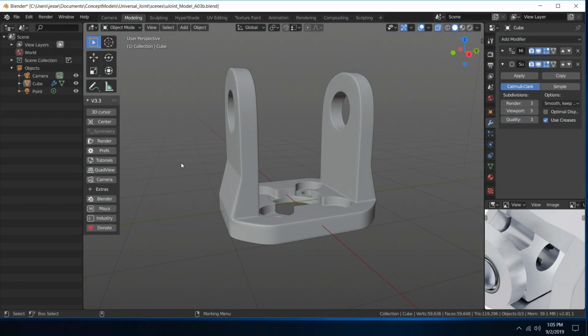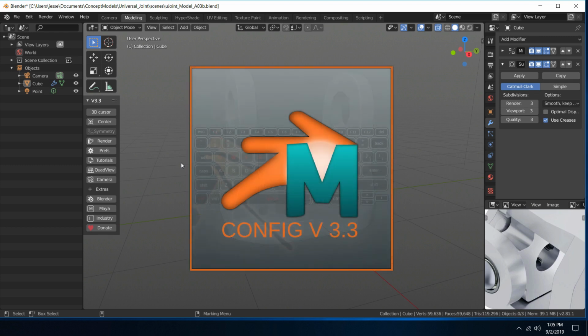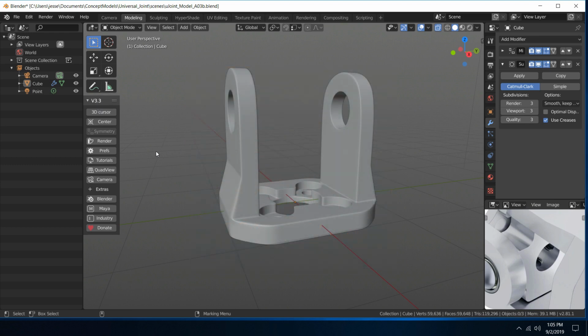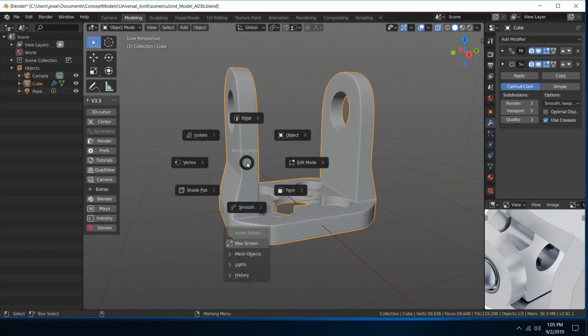Before we get started though, in this tutorial, as opposed to part 1 where we were using version 3.2 of the config, now we are in version 3.3, denoted by the v.3 here on the side panel. So it has the one key addition, which is if we go into